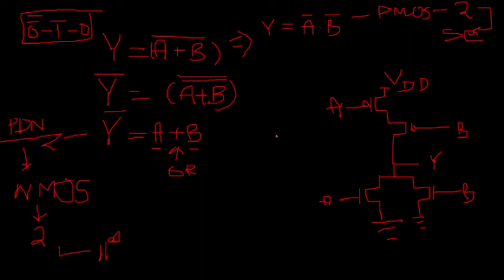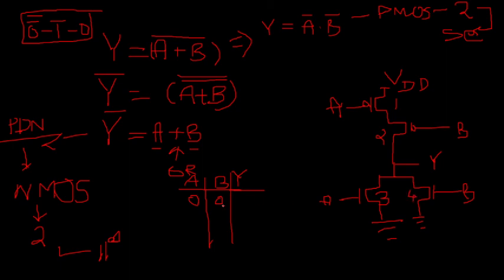So now we have to verify the truth table also. See, because implementation is not enough. Okay, you need to verify that you have made this correct or not. So let us make the truth table also and verify it here itself. So A and B are your two inputs and Y is the output. Let us name the transistors 1, 2, 3 and 4.